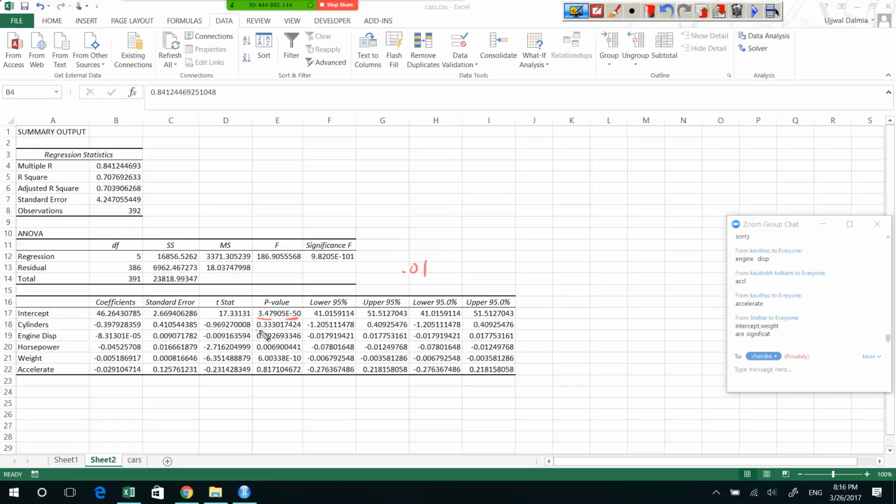Cylinder 0.33, which is greater than 0.01, right? It means my cylinder is insignificant. Engine displacement 0.99, insignificant. Horsepower